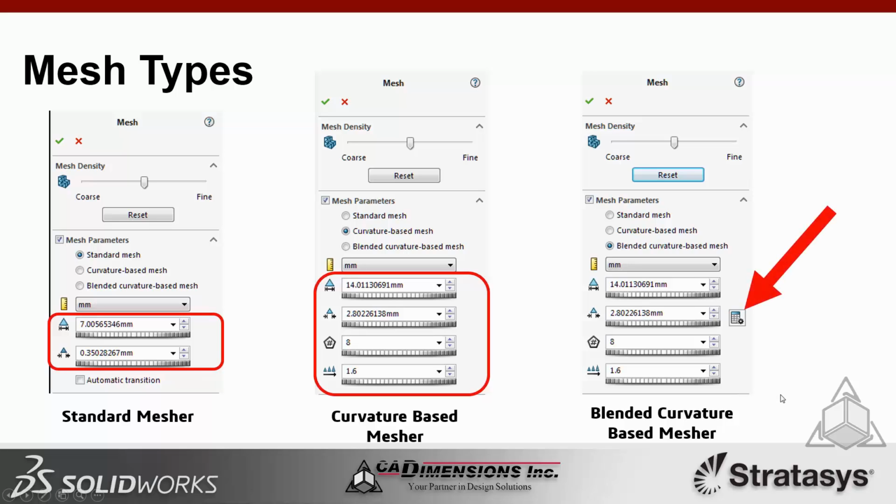It also has this button right here. This button will find the minimum radius of curvature in your model and suggest that you use that as your minimum element size. So now that we have meshed our model, we move on to the question that's most likely